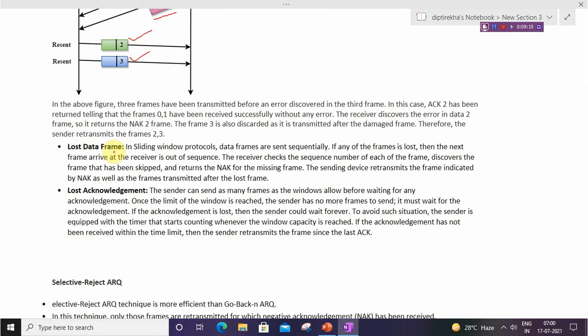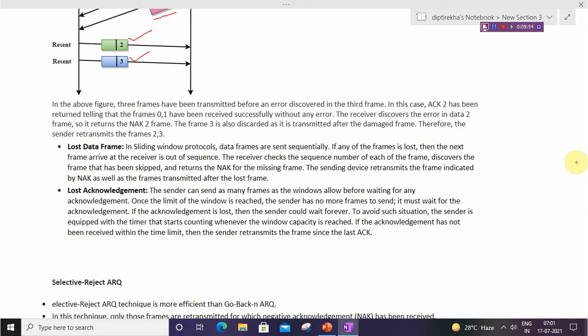Means if the sender sends frames 0, 1, 2, 3 and frame number 2 is lost, then after 0, 1 it will get 3 and the receiver doesn't accept frame 3, because it is out of sequence. The receiver checks the sequence number, discovers the frame has been skipped and returns the NAK for the missing frame.